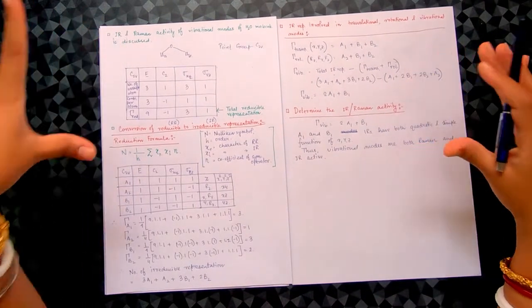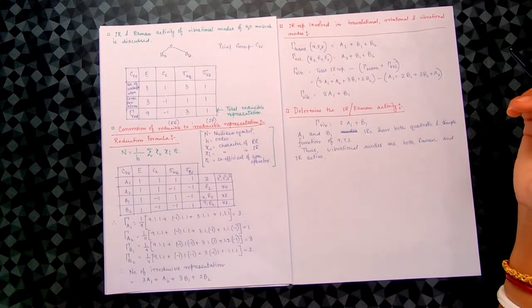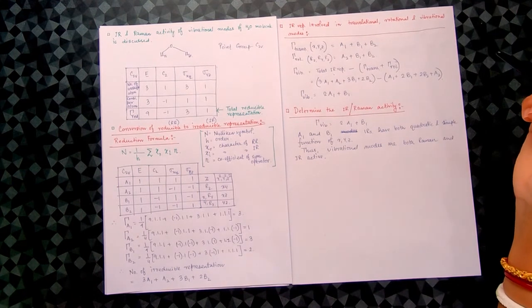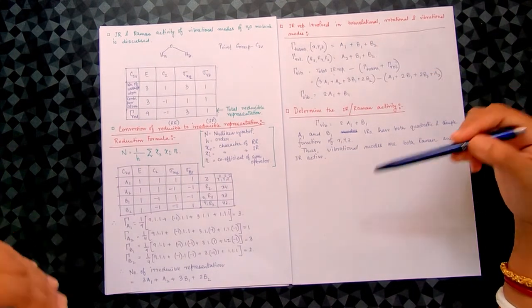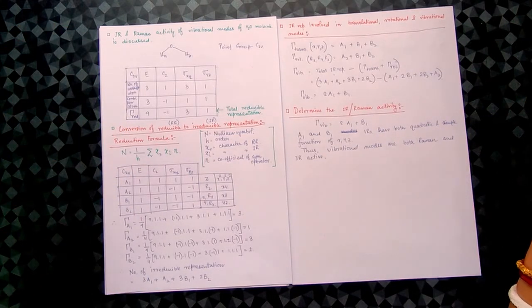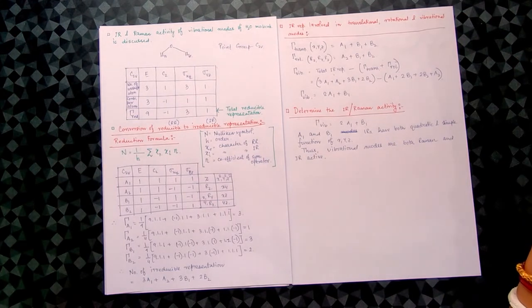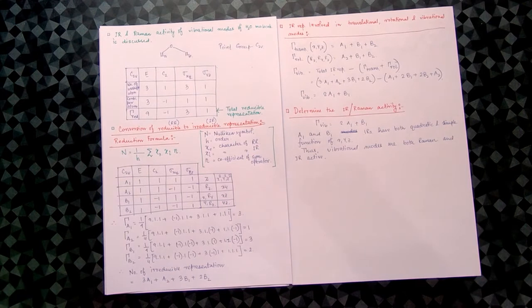So in this way, you can determine the IR and Raman activity of any molecule. You need to know the molecular symmetry of that, and then you can do the simple calculation and you will achieve the result. So in the next session of applications, we are going to come with some other application of group theory and using the character table, how to determine the transition of electrons in a molecule. That we are going to discuss. Till then, bye.